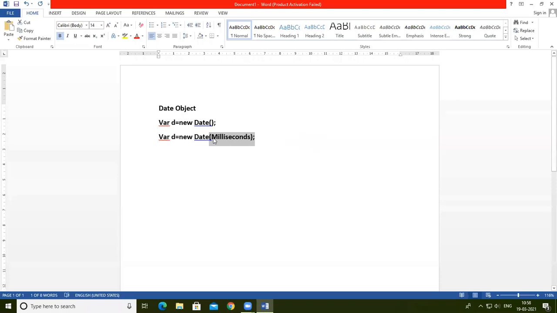That type of value is used here, if you want to declare the variable by using this value.